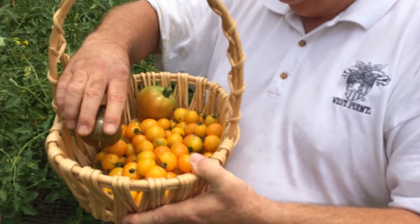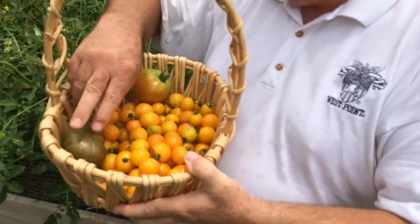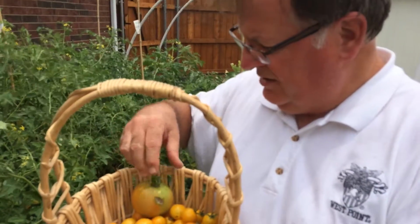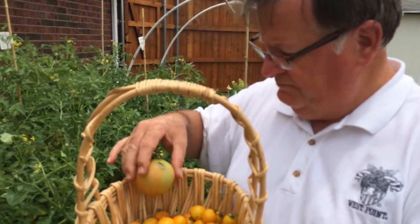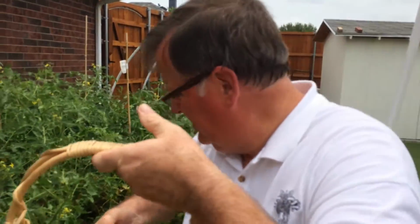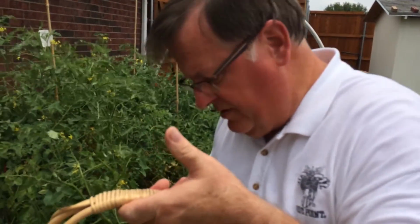Good ones here, some of the larger variety. Got a Berkeley tie-dyed and what I'm calling a big boy. Most of these were supposed to be one-pounders. So I got several more of those still on the vine, but these are getting pretty ripe, and I don't